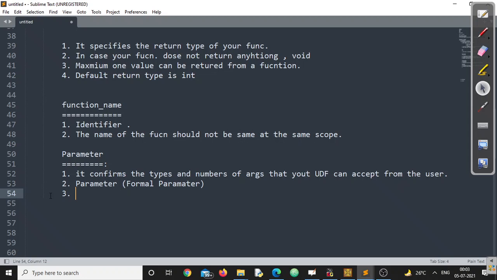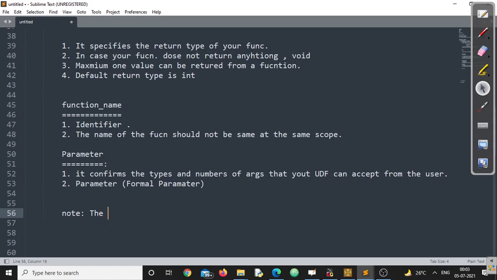Data type with variable name also you can write, but it is always recommended you should write the data type only without any variable name. That doesn't mean if you write the variable name you are going to get an error. No, you will not get an error. Remember that point. And the last one, obviously, the semicolon, right? In function declaration, semicolon is a must. You can take a note of it. The note is the function declaration should be terminated with a semicolon.